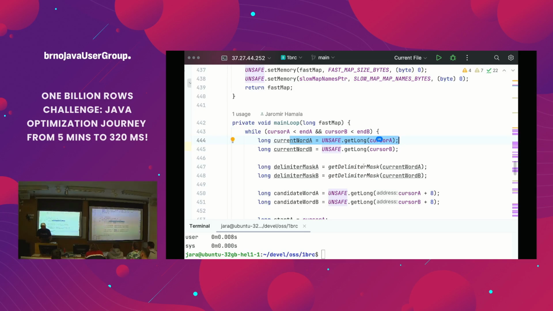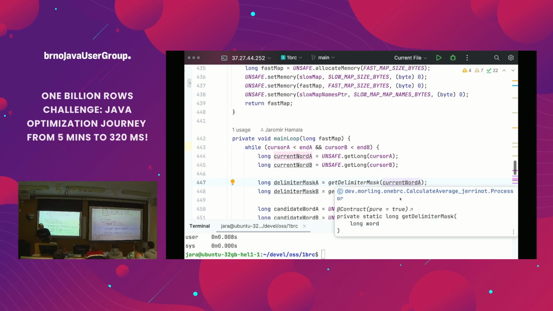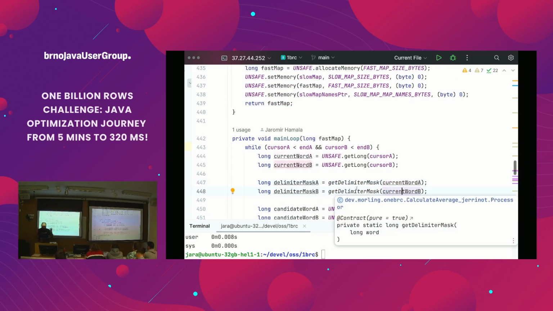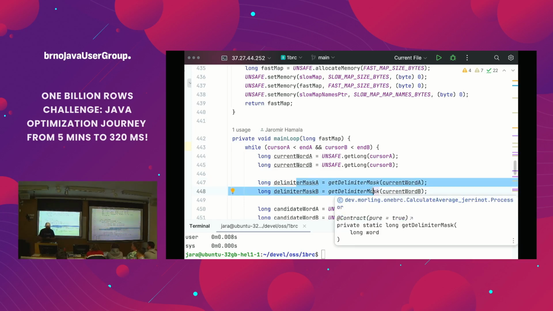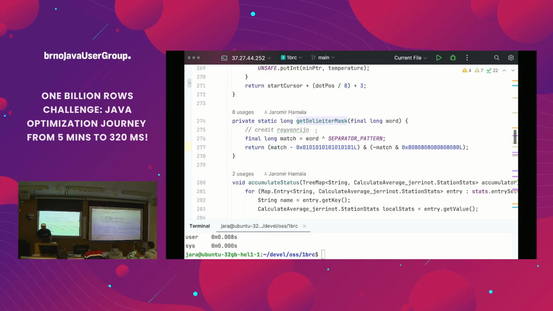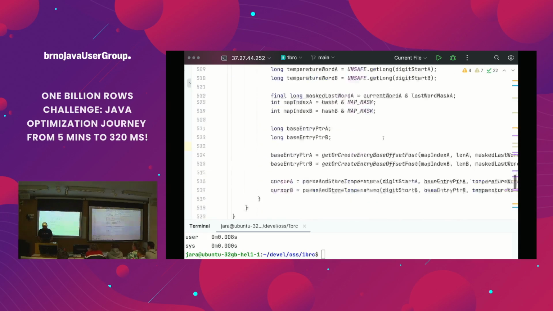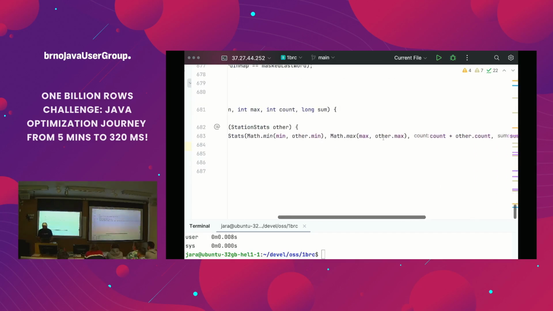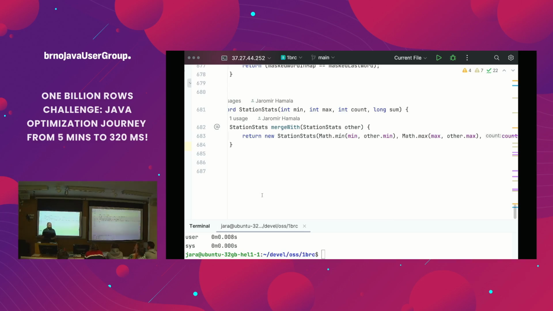Here you are calculating some mask for one long, and here you are calculating the same mask, but they are totally independent. So if the CPU has enough execution units for calculating some bit operations and so on, then the scheduler inside the CPU can run this in parallel, and that's one reason why the code looks so horrible and it's so long. It has almost 700 lines, and I didn't really want to torture you with this.